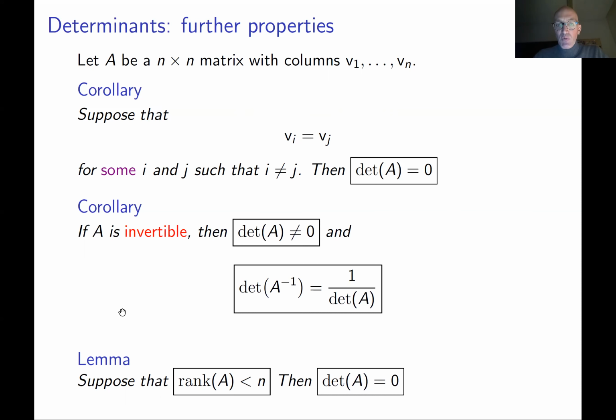And basically, to prove this lemma, you can assume that, for example, the last column is a linear combination of the first n-1 columns. And then you can use the properties listed on the previous slide to deduce that the determinant of your matrix is 0. This is not complicated. We're not going to do this. This is done in the lecture notes, and you are strongly encouraged to try to prove this yourself. Again, in one special case, this is already proven here. We already discussed the proof here.